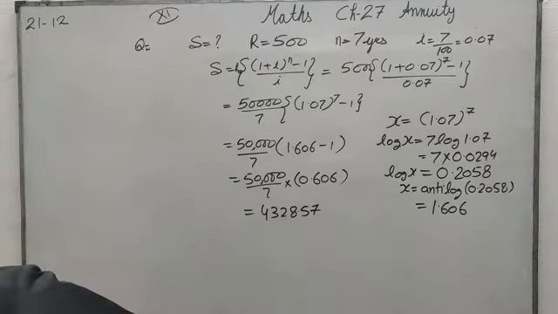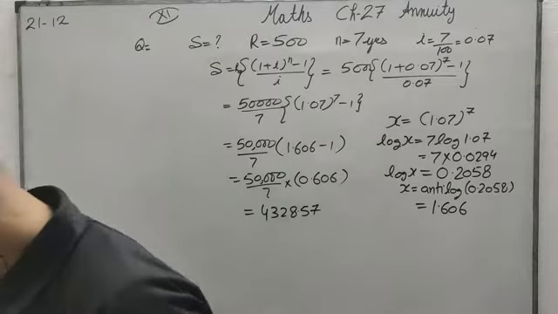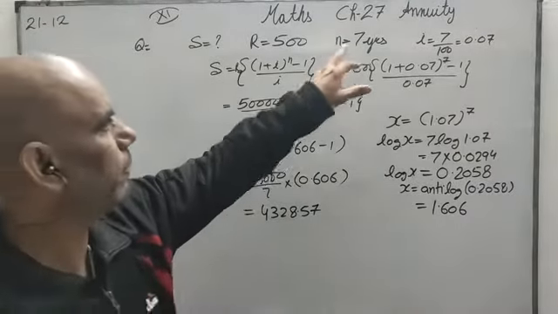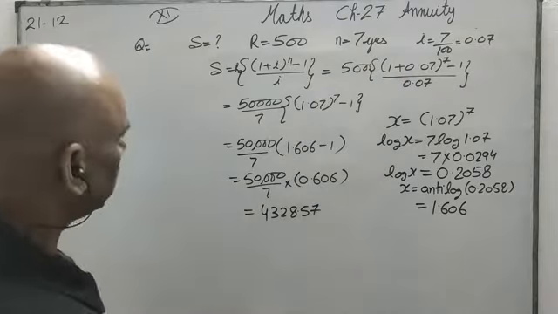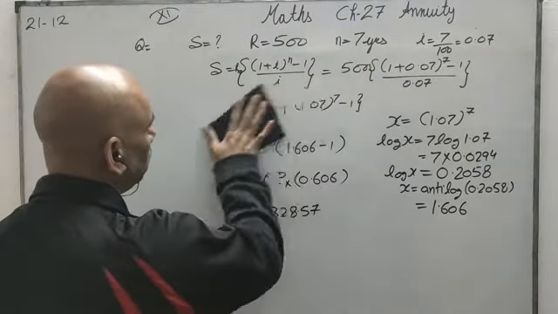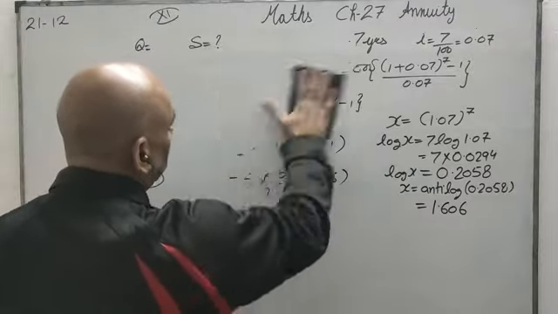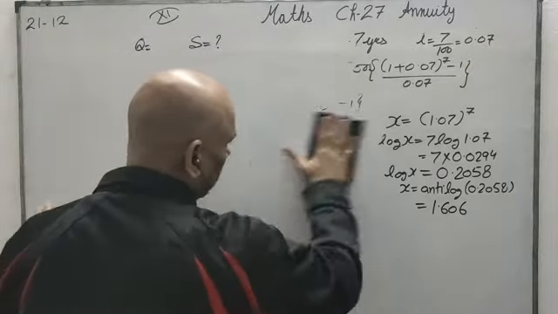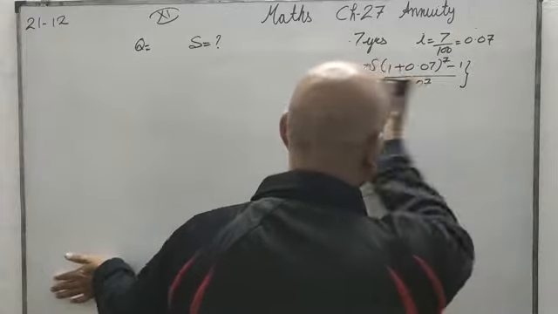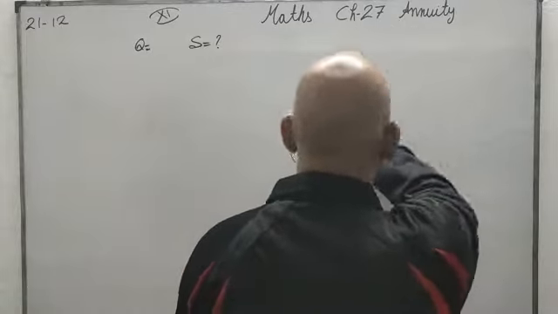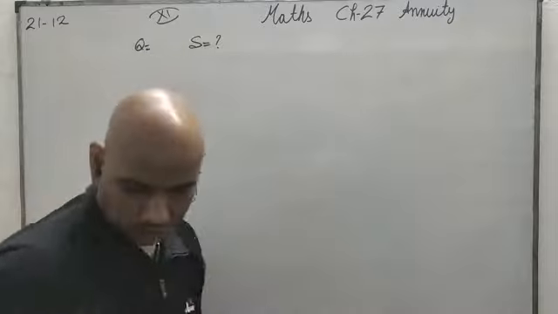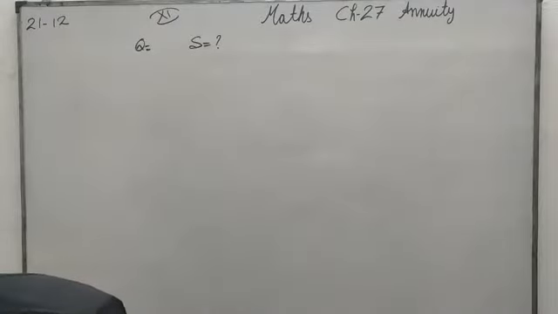Now let us take a question in which quarterly, monthly or something like this is used. Then what will the impact be? The impact will be on N and I. Nothing else is going to change. The formula is going to remain the same. We are going to have the same use of logarithm, and then with that we will get the answer. Okay, so this was question number 2. Now we are going to question number 3.